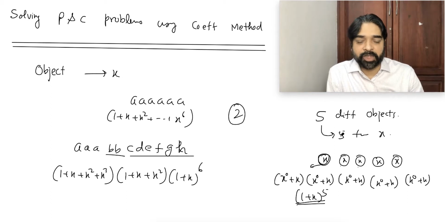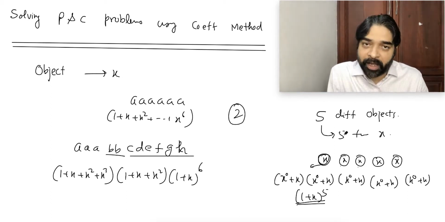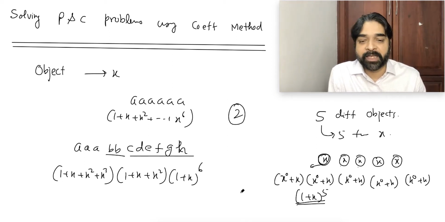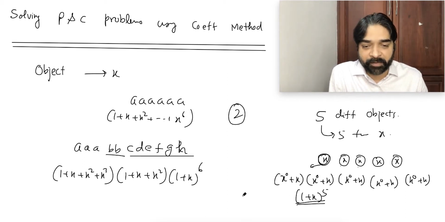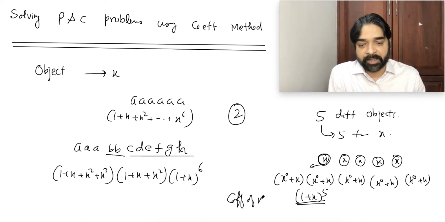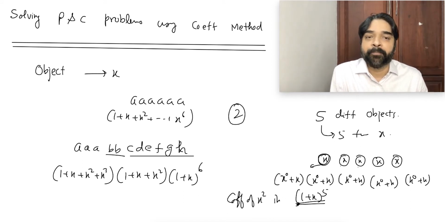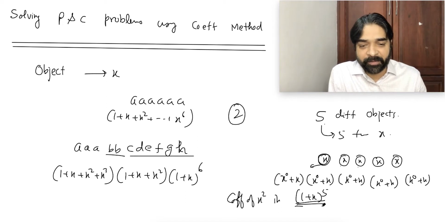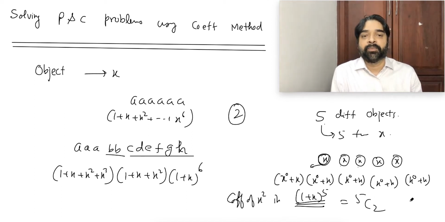Now coming to this point, if I ask in this question, I want to select 2x, meaning I want to select x square from where? From 1 plus x. So simply we'll say selection of 2 objects out of 5 different objects is equivalent to the coefficient of x square in (1 plus x) power 5, because you want 2 objects out of 5 different objects. So 5 different objects we represent this way, and I want 2 objects, meaning x square. So we say coefficient of x square in this expression, and that you already know is 5C2. Did you understand the point?